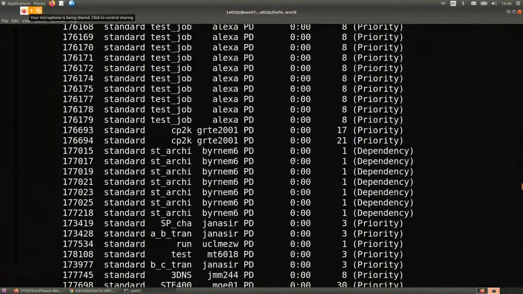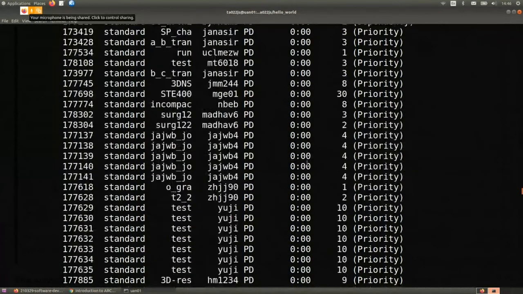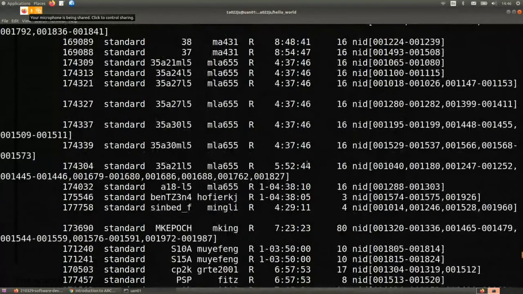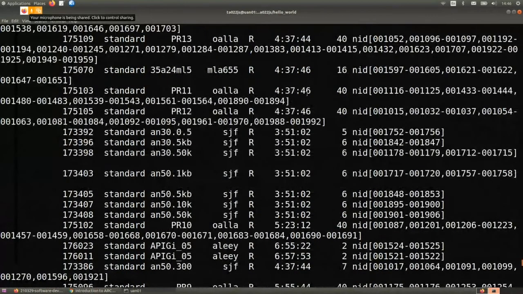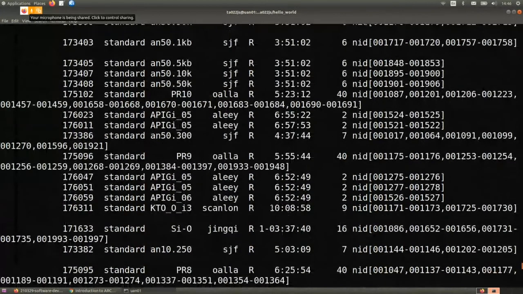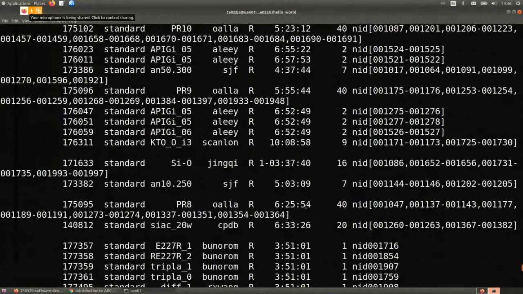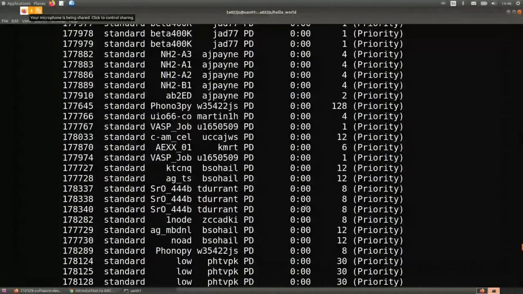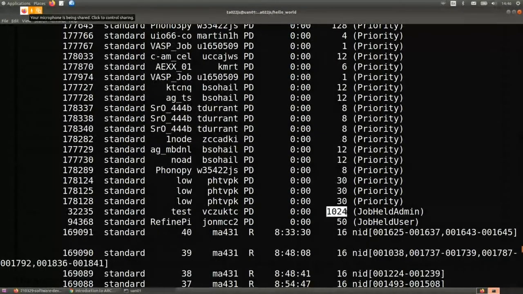You have here how long the job has been running for. If it's pending, it's not been running for any time at all. But if you go to some of the running ones, say this one's been running for 4.5 hours, a bit more than that, this one for 10 hours, etc. And then finally, you have the number of nodes that have been requested. So this one wants a full system job, this one of 1024, this one wants a 16-node job, this one wants a 30-node job, and then right here it tells you why the job is currently pending if it's not running,